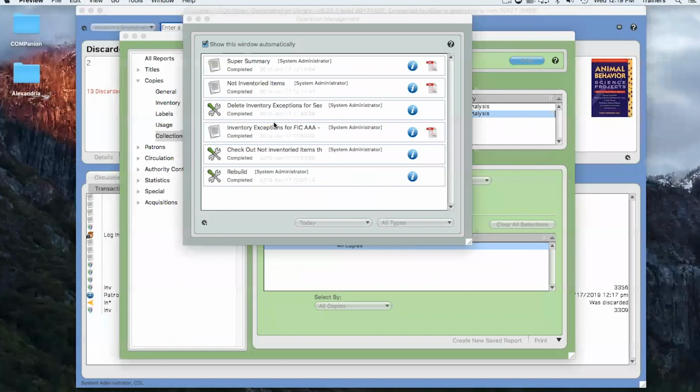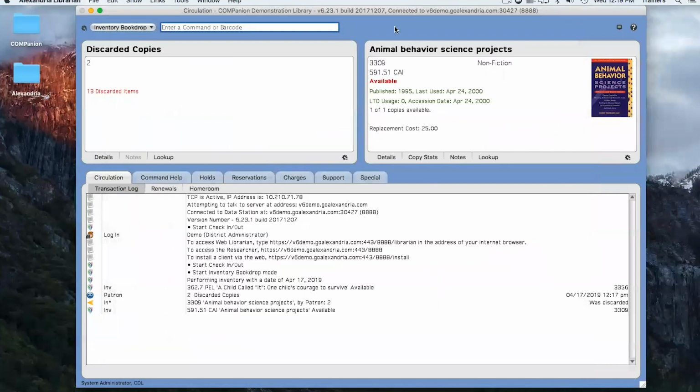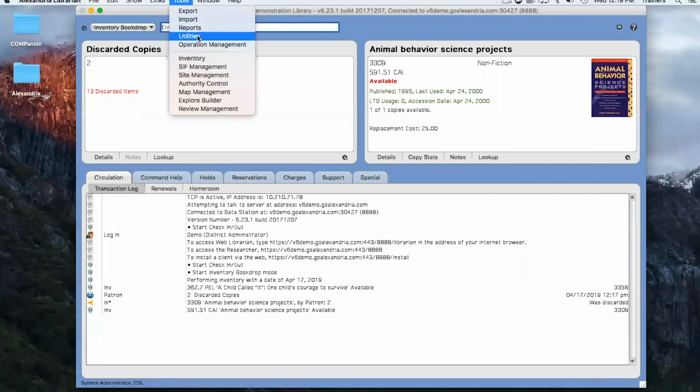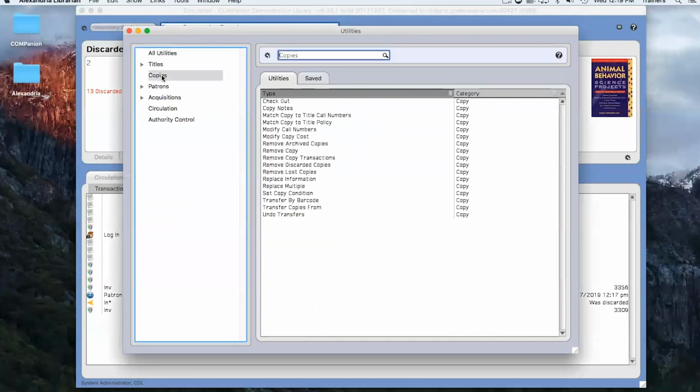Once you've got all of the reports taken care of, now it's time for the cleanup. So that's going to be the last part of our inventory. So with those, we're going to be jumping into our utilities section. So we're going to talk tools and utilities here. And again, the great thing, guys, we've got some really simple utilities to look at. So because we're dealing with inventory, we're going to be looking at copy utilities. And in here, we're going to be looking to do things like,